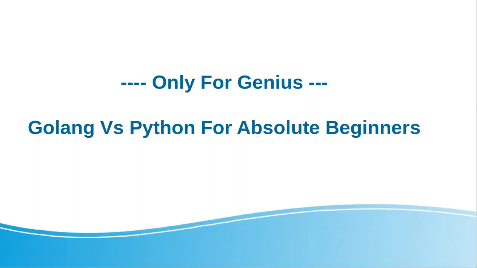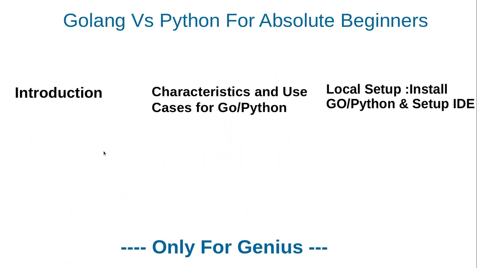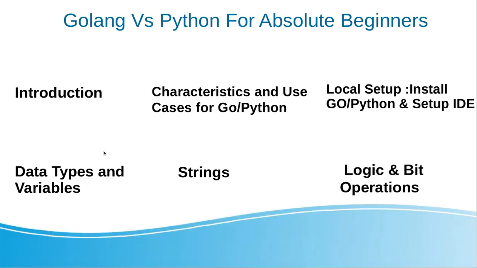Hi everyone, this course is only for geniuses, for someone who likes to learn the two most popular programming languages in the world at the same time. Golang via Python for absolute beginners. We will start with an introduction, learn the characteristics and use cases for Go and Python, local setup, learn data types